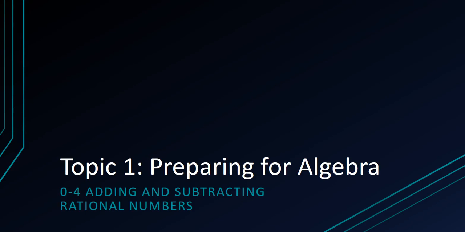Today we're going to talk about adding and subtracting rational numbers. Now remember, rational numbers are numbers that can be written as a fraction. Okay, so remember that includes terminating decimals and repeating decimals. So first we're going to talk about how to add and subtract